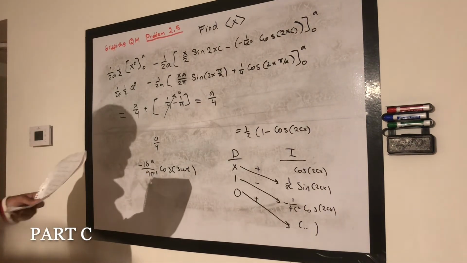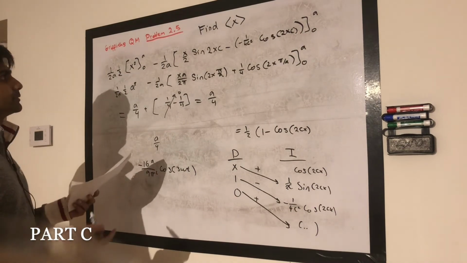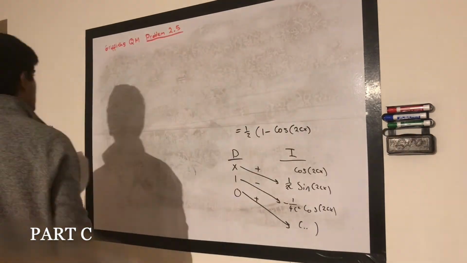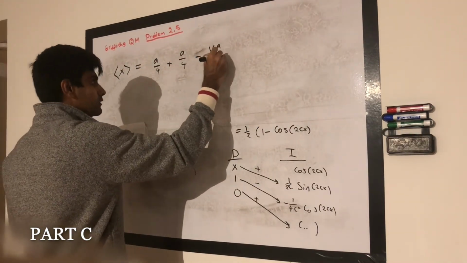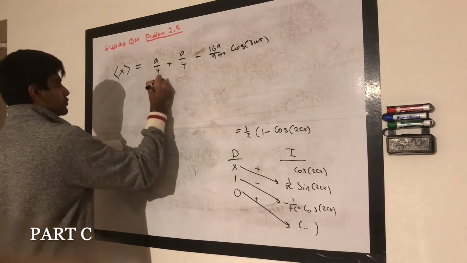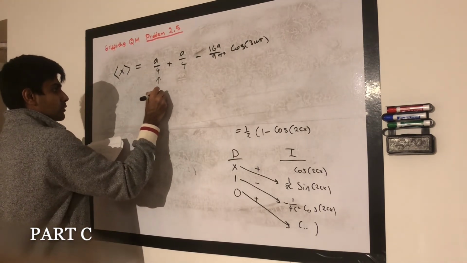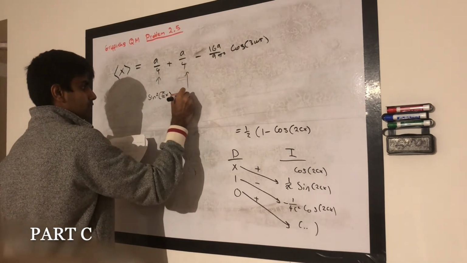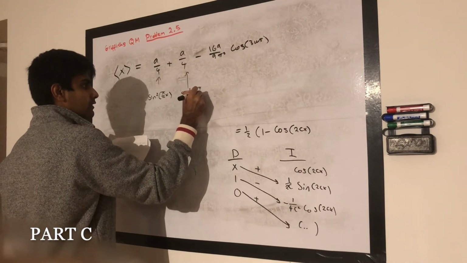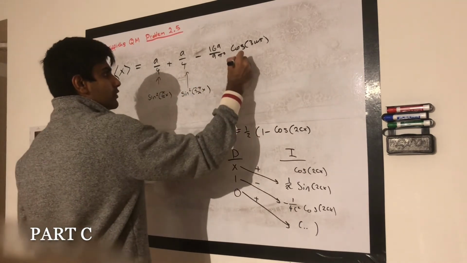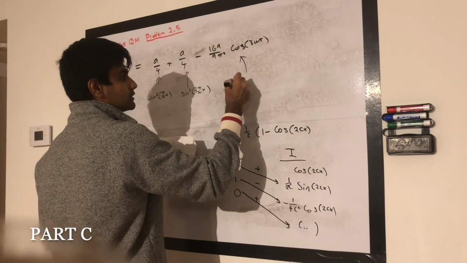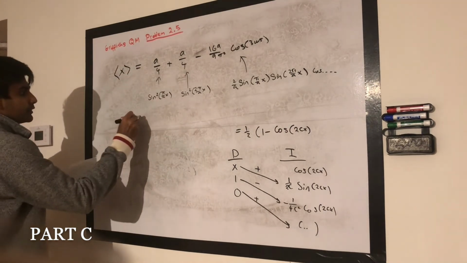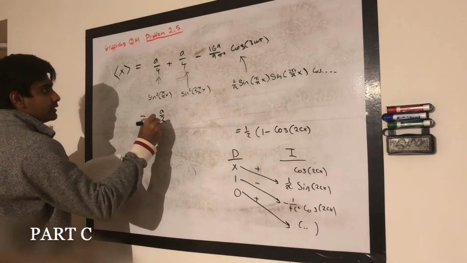And then you can just collect all those terms up and write them in terms of the expectation value of x. So this term is going to come from the sine squared pi over ax. This term is coming from the sine squared 2 pi over ax. And this term is coming from the cross. And you're going to add those terms up, and what you're going to find is that a over 2